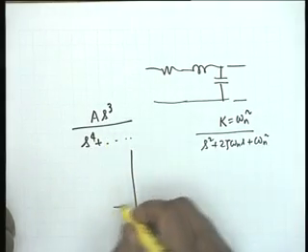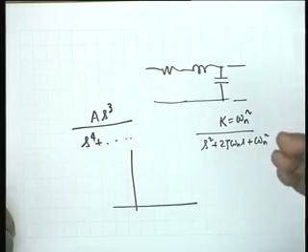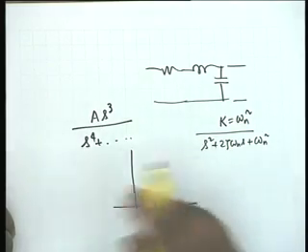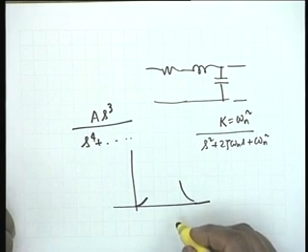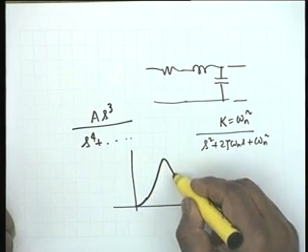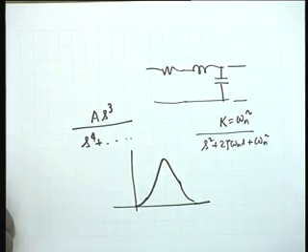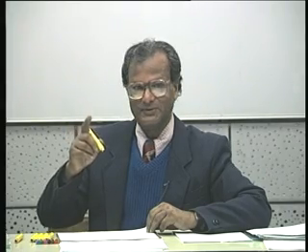Therefore, the conclusion is the DC response is 0, infinite frequency response is 0. So, whatever be the values of k and zeta, it starts from 0, magnitude cannot be negative, it goes to 0 at infinity. So, in between there must be a maximum. Is that clear? No? Okay.